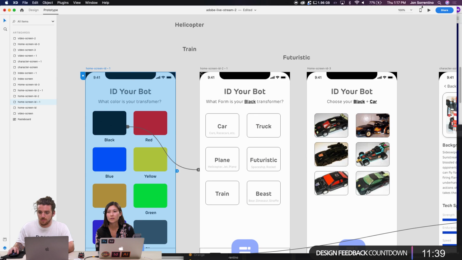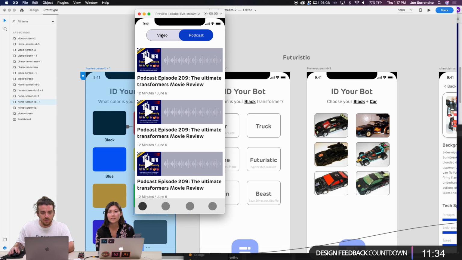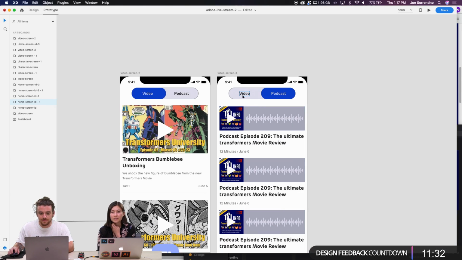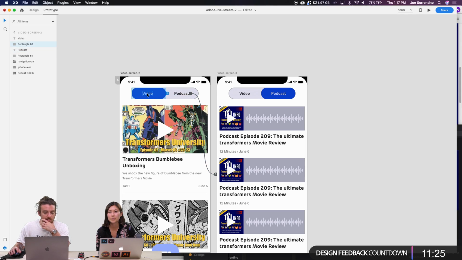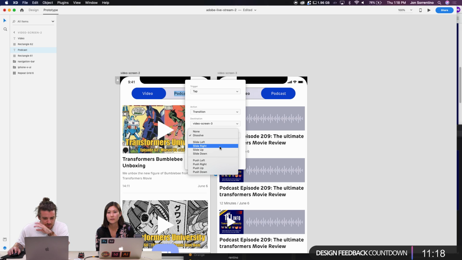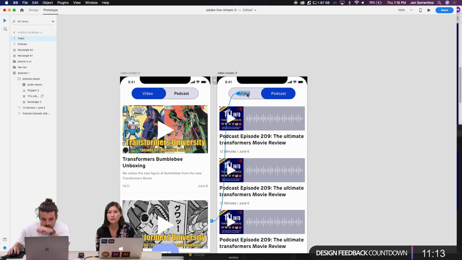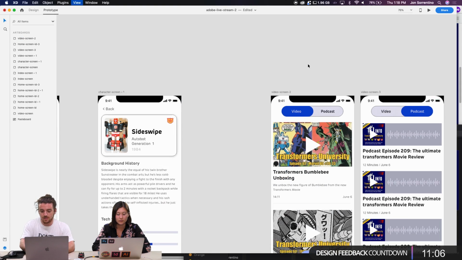So we have to start here. Cool. Awesome. All right, now we have to be able to click back. So go back, dissolve. And you know what? I think we could make it slide in left or right instead of dissolving, because that feels a little weird. Push left, let's do that. And then push right. Okay, cool. So let's see how this goes.